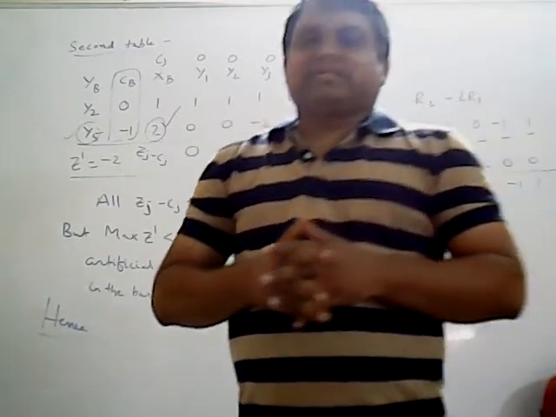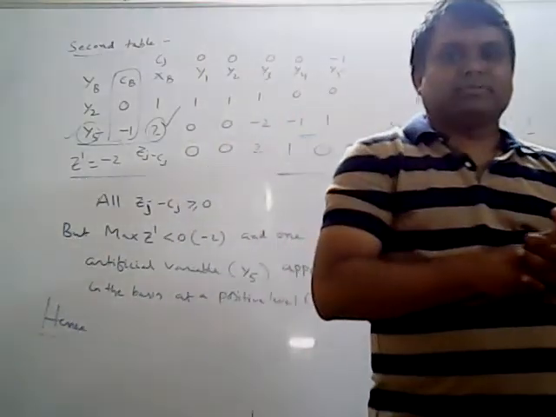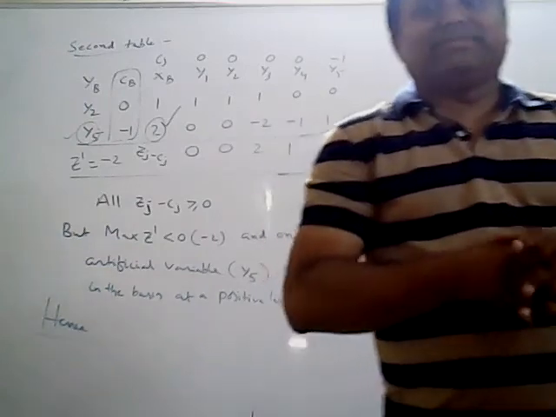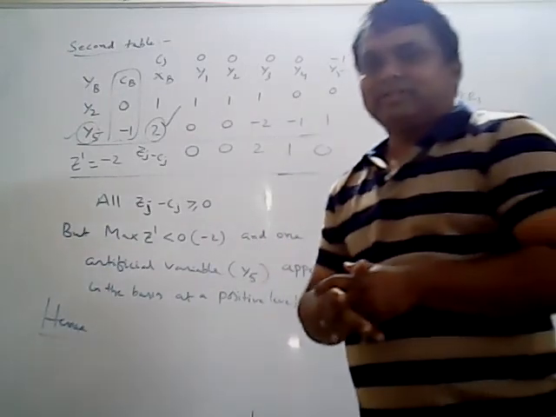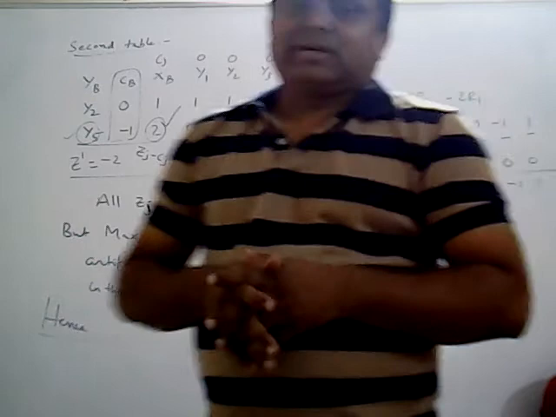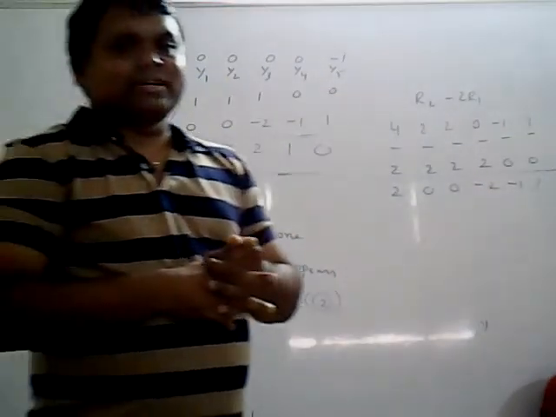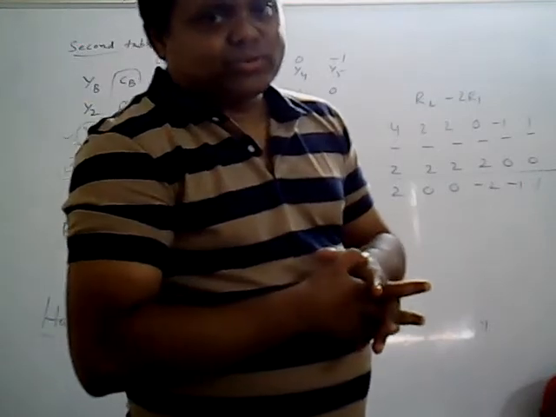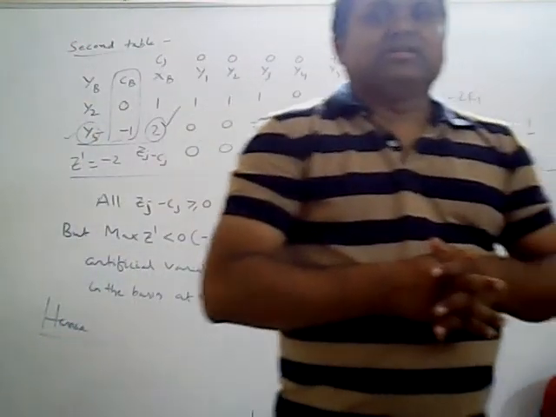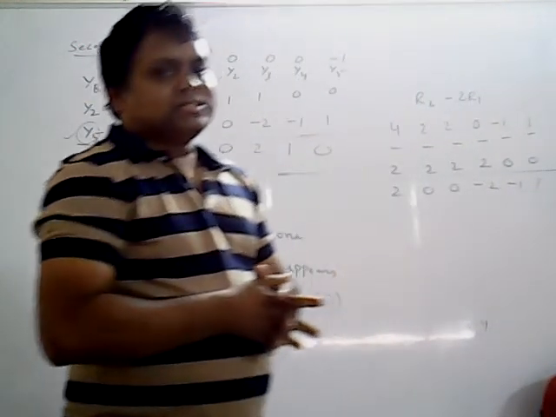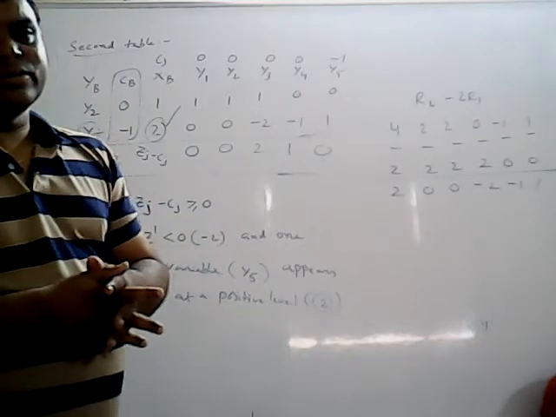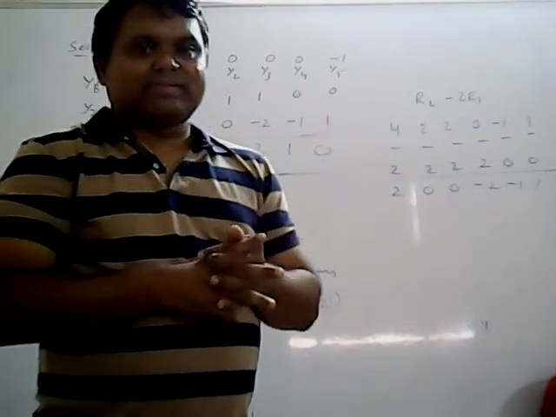So these are the methods in LPP. We have discussed the basic definitions of LPP, the formation of LPP, and after that the graphical method, and how to solve the LPP. There are several procedures. We have used the graphical method, which is used only for 2 decision variables. The main drawback of the graphical method is that whenever more than 2 variables are there, you cannot solve that problem using it.